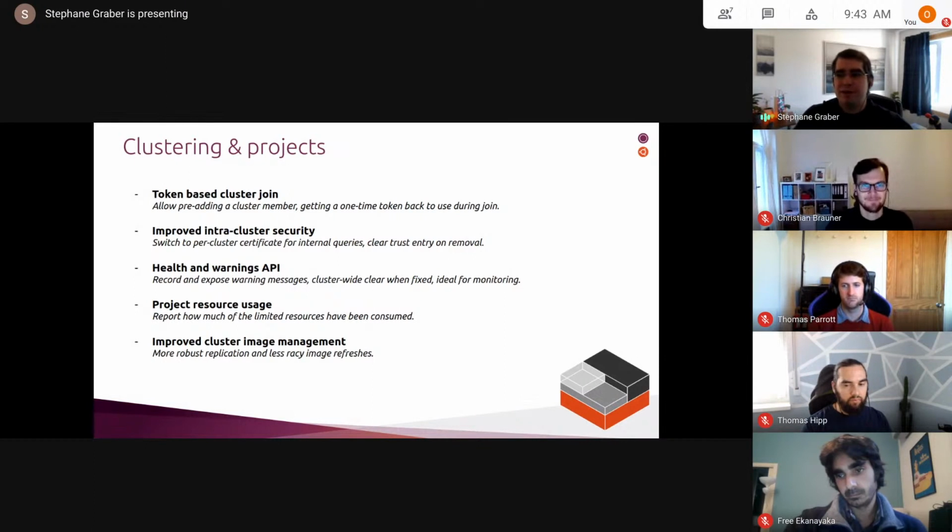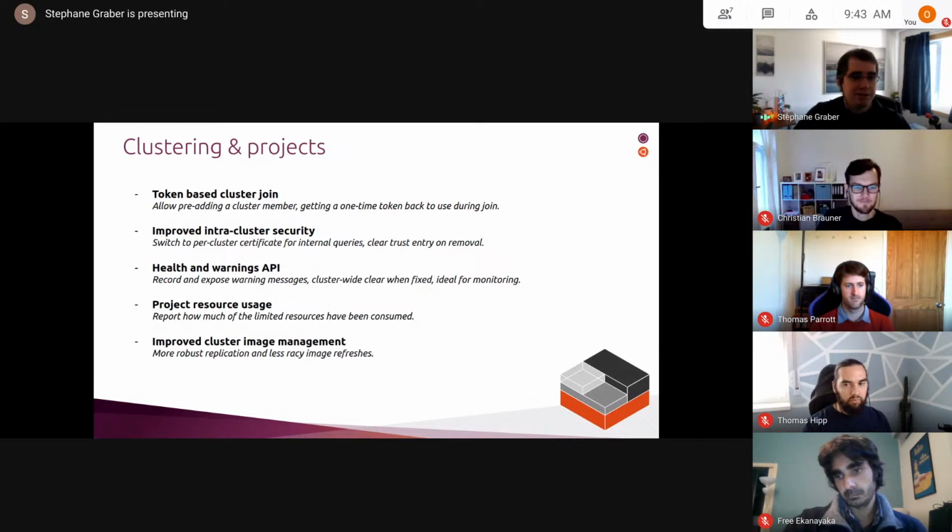So the current plan on fixing that is to make any one image fingerprint handled by only one cluster member. Whether it stores it locally or not doesn't really matter, but only one cluster member should look for updates and handle refreshes. When they do, they need to look if there's something more recent, look at what projects are affected, refresh and update those projects. If nothing references the old image, then you can delete the old image, otherwise you don't. So it's our normal refresh logic, but it needs to be done in a way that it's not completely racy like it is sometimes right now.